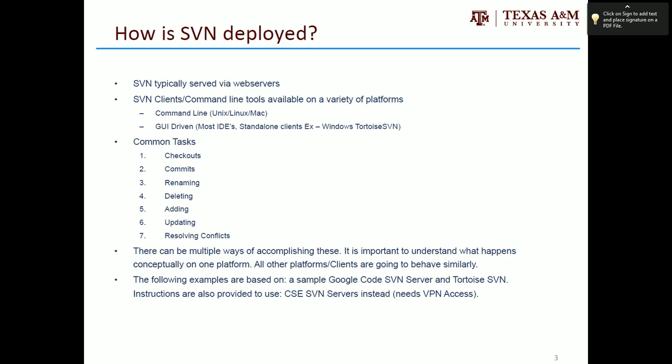Some of the common tasks that go along with this, you can see, are checking out, which means actually getting the code from the repository. Commits, which is, like I said, pushing changes to the repository. There's some strange things about renaming, deleting, and adding files. Updating is whenever you pull down changes from the repository to what's called your working directory. So your working directory is basically just your files on the actual machine. So updating brings the changes out of the SVN server and merges those with your local changes